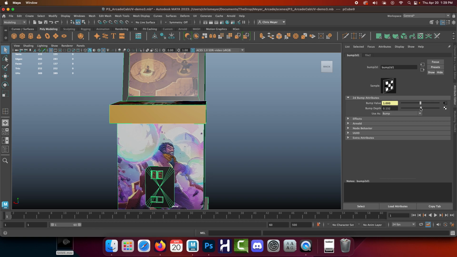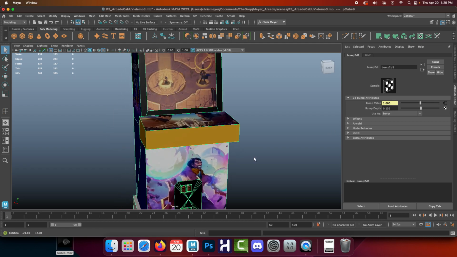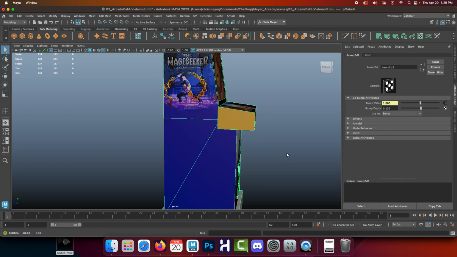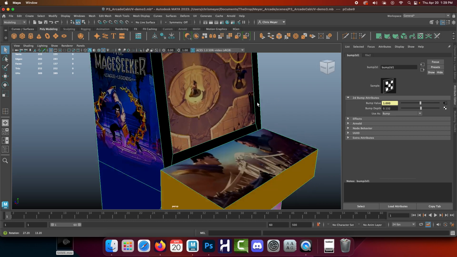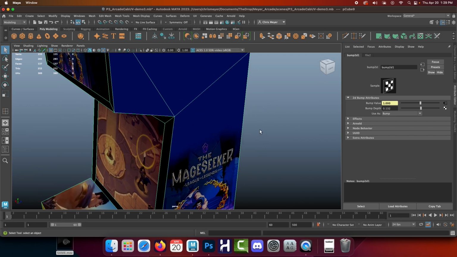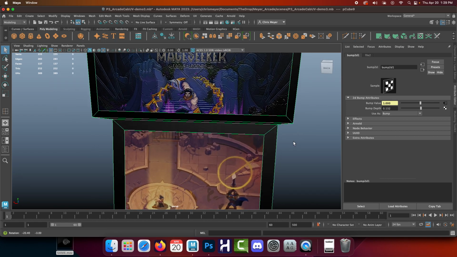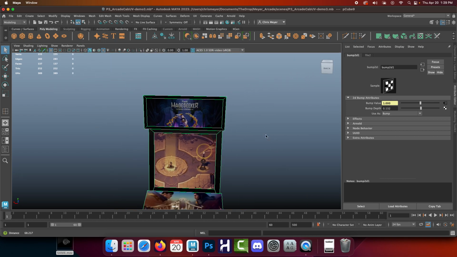So now that looks a little better on the front. On the side, it's just got some nice detail there. And then up here, it's got detail as well. And that brings us to